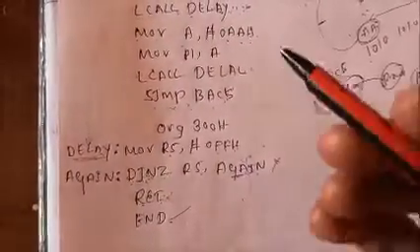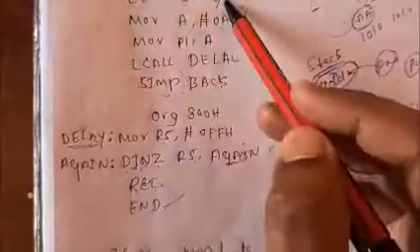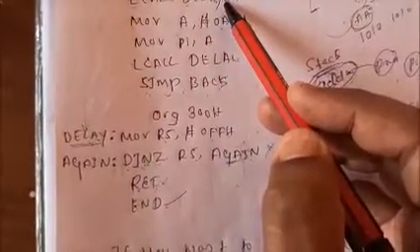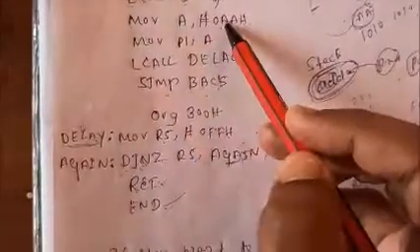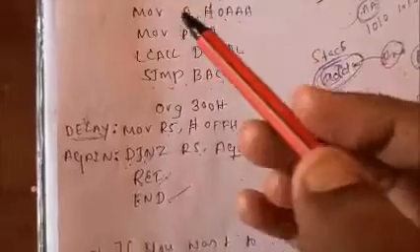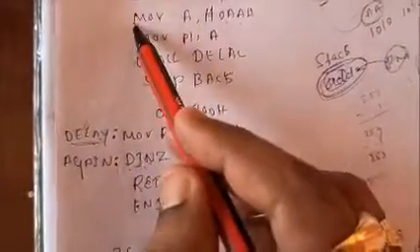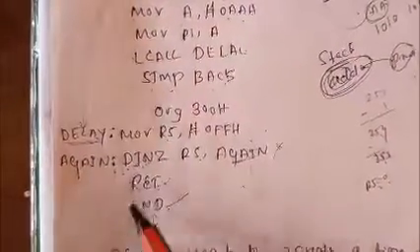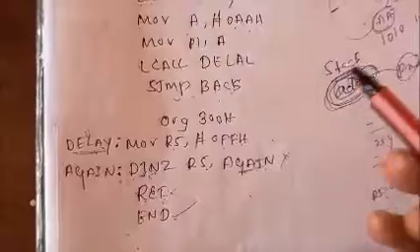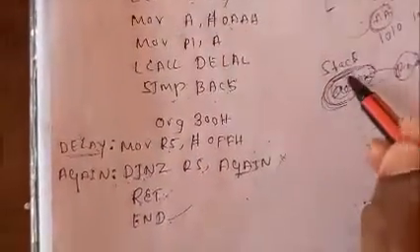So here what will happen? The program counter holds the address of the next line after the previous line is executed. So what is the next line here? The next line is this one, so the program counter holds the address of this line. But whenever it switches from here to here, at that time this address is going to be erased from the program counter, because it goes to some other memory address. At that time the stack will hold the address of the line which is after the LCALL.